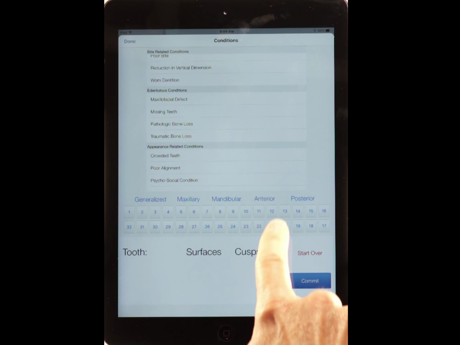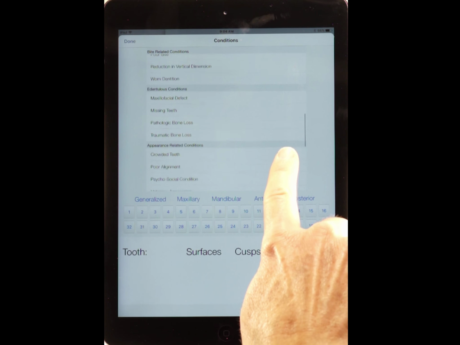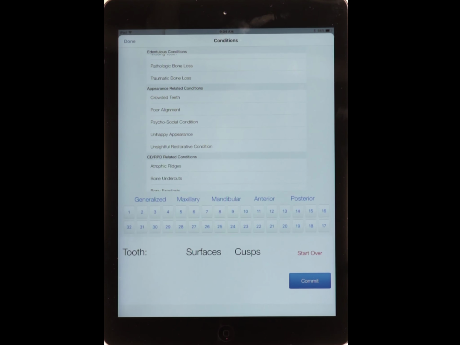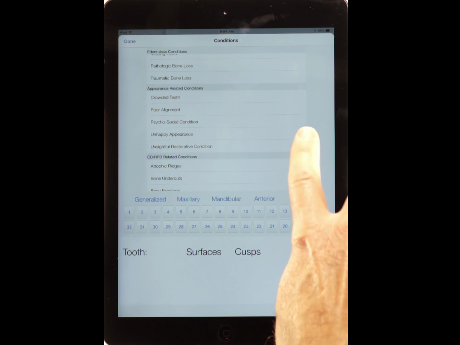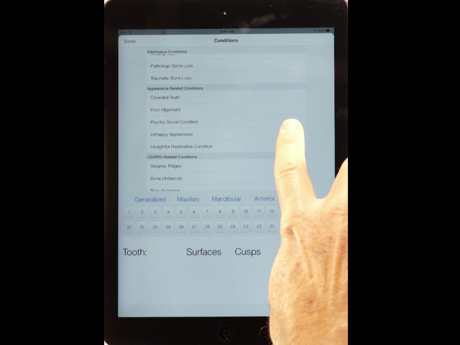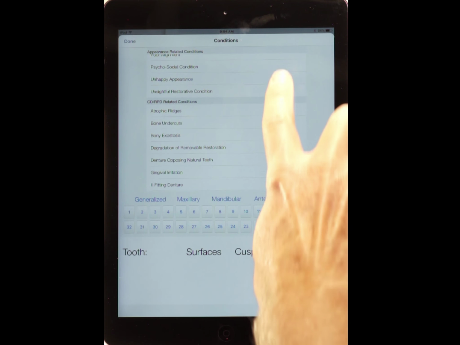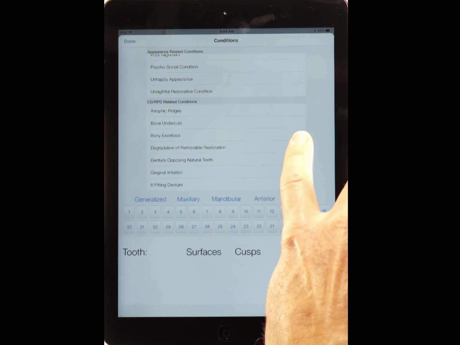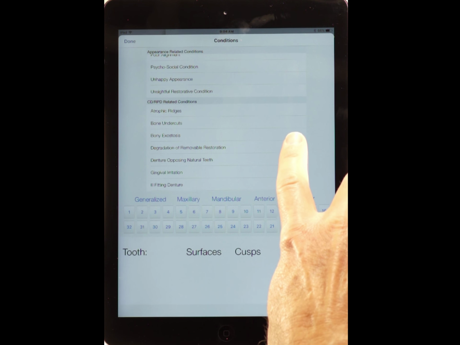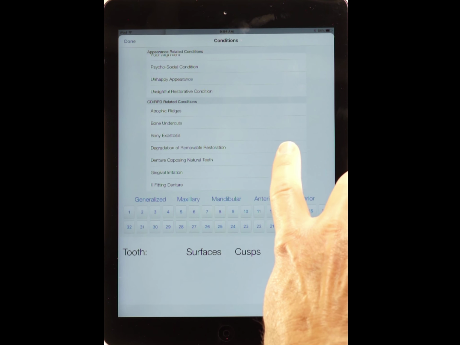We can have missing teeth, pathologic bone loss, traumatic bone loss. Appearance related needs, we can have crowded teeth, poor tooth alignment, psychosocial conditions, unhappy appearances, unsightly restorative condition. And we also have complete denture and RPD related conditions such as bony exostosis and gingival irritations, ill-fitting dentures,